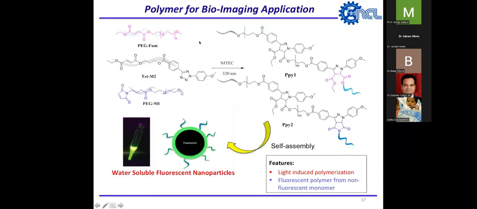So what is the simple chemistry we used, the click chemistry, and what are the benefits? If you see here, PEG fumarate is one monomer. The other monomer is this tetrazole monomer, again with fumarate, and this is PEG maleimide. So we chose three different monomers and made these two polymers. One polymer, in combination of these two, forms this polypyrazole 1. This is just a simple click reaction between this tetrazole and this diene molecule to form this polypyrazole, and